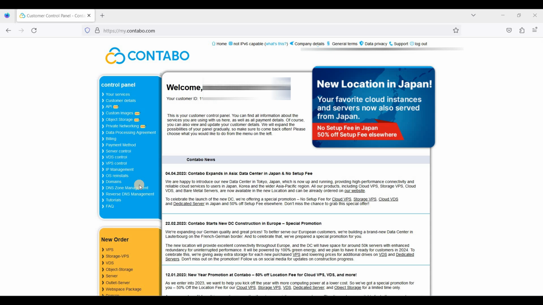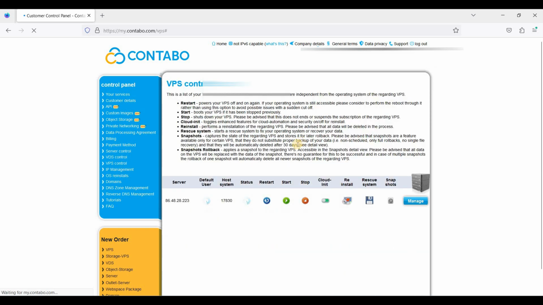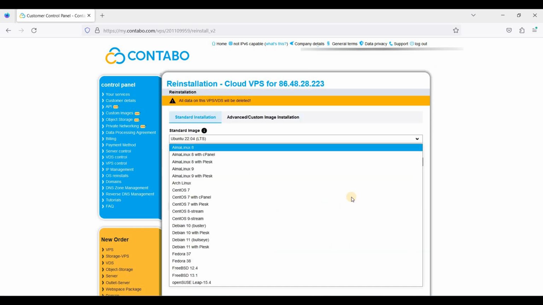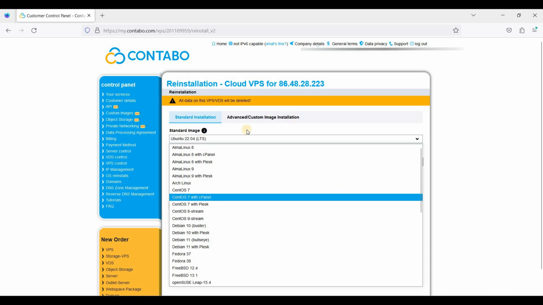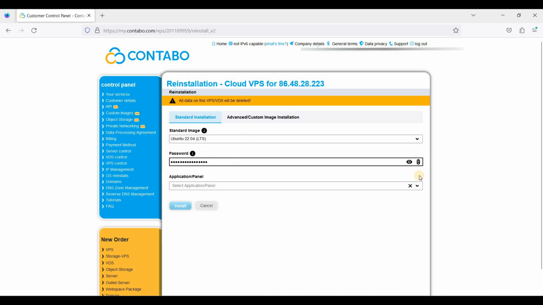Okay, let's proceed to our first step. Let's install FastPanel on Ubuntu 22.04 LTS, and I am here on my Contabo dashboard. If you have just signed up with Contabo, you can skip this step. But if you already have Contabo as a VPS and you want to install FastPanel, you need to have a clean operating system. Okay,